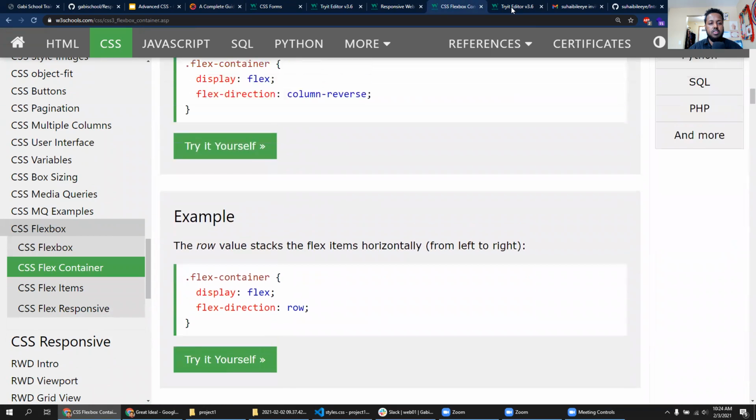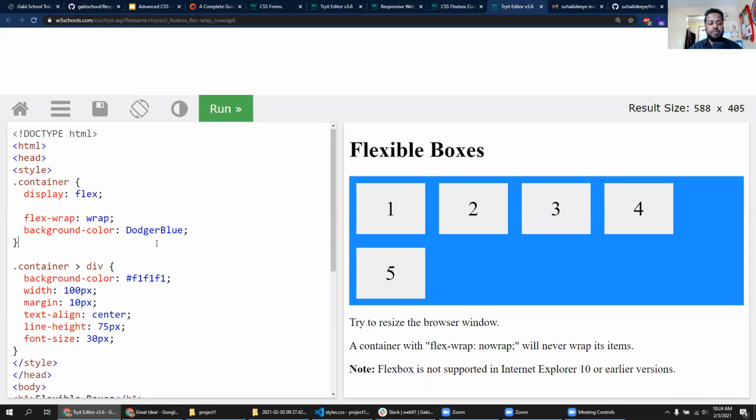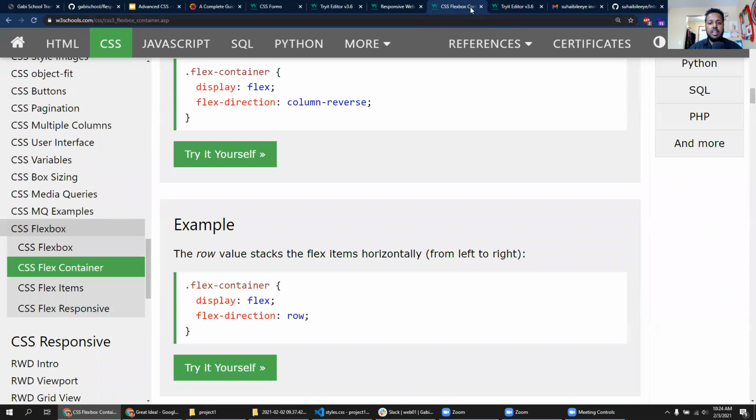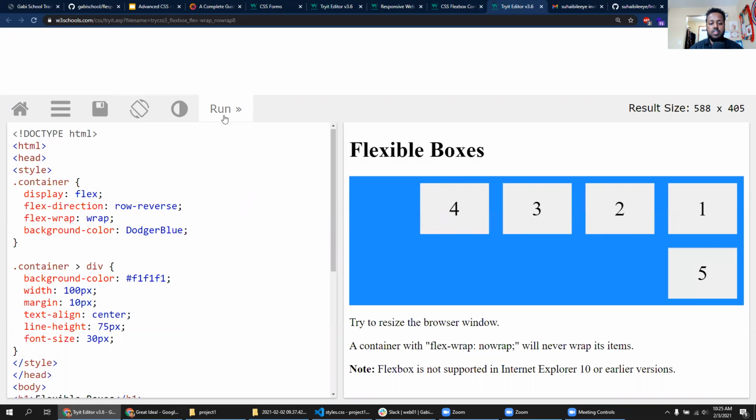And there's also this. If you do the reverse, let's say column reverse. Just like that, column reverse, not column reverse. Let's say row reverse first. Row reverse will take the 5 and make it the first one, and I just reverse. No, that's not what I meant. Okay, that's different. Row reverse will